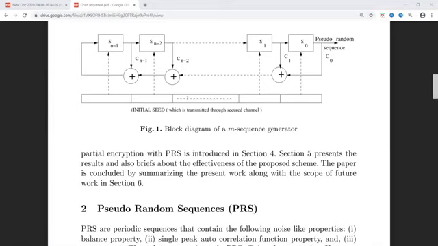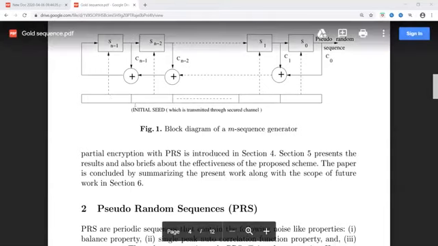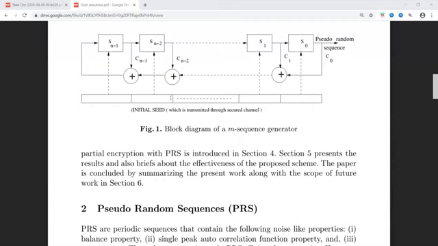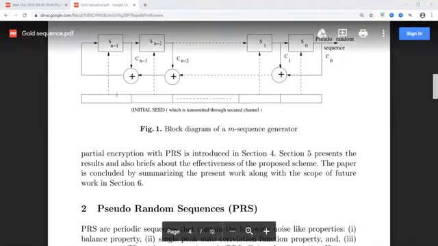So you can see this secured channel here, the one at the bottom of this diagram, through which this initial seed, meaning initial data, is transmitted, and this gets into the flip-flops of the shift registers S0 to Sn-1.